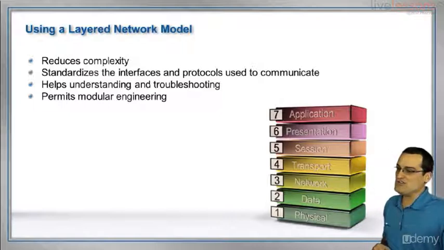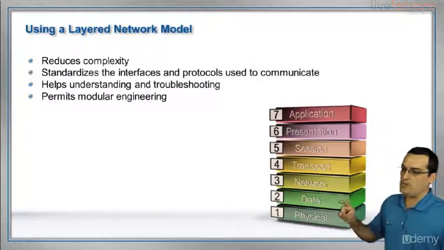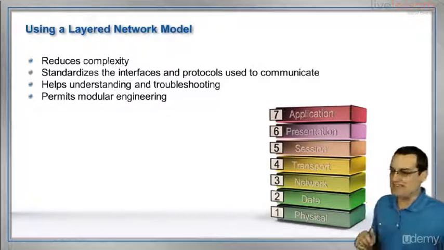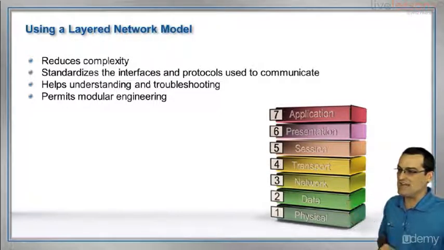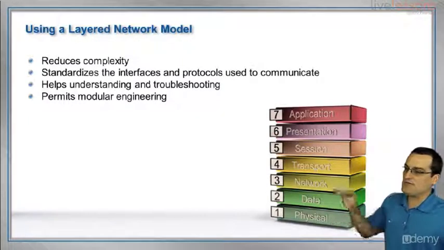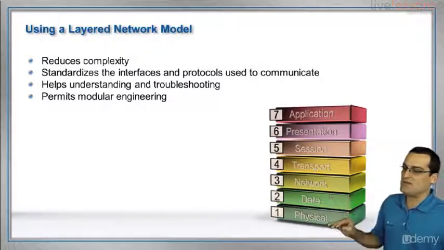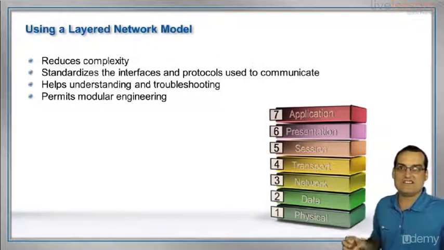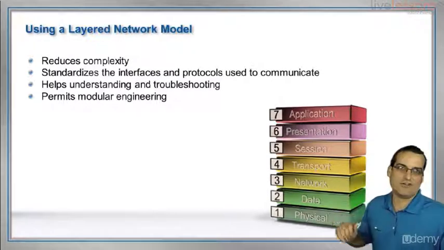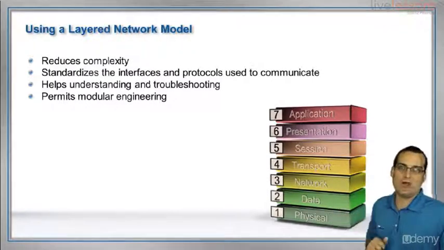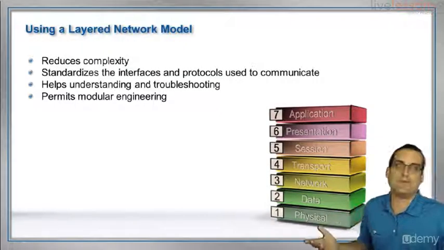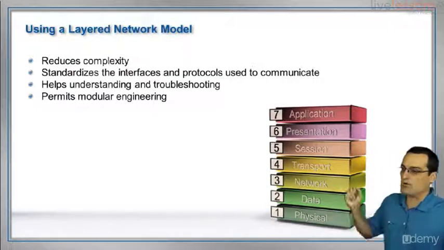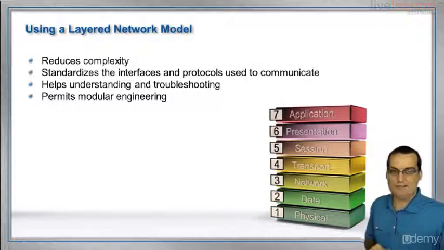So you'll hear networking engineers say, oh, it's a layer 1 problem or a layer 2 problem, instead of saying a physical or data link layer problem. Oftentimes we refer to these four by their layer numbers. Keep in mind that when it comes to the upper layers like 5, 6, and 7, we'll often group those together and just say it's a higher level problem or an upper layer problem or simply an application layer problem when we're referring to those top 3